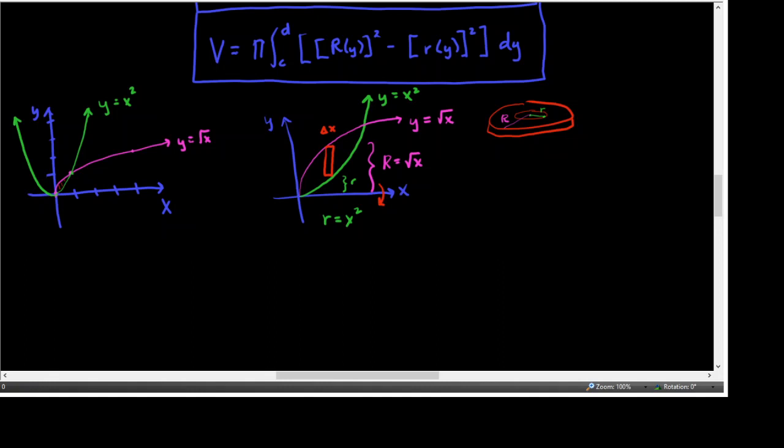Okay, so let's set up our integral, because once you've done all this thinking visually about what's going on, all you have to do is make sure you know the formula, and you can substitute into it quite well. So V will equal pi times the integral from, I didn't find where they intersected. Well, actually I did. When I graphed this over here, I knew that they both went through (0, 0) and (1, 1). But again, if you didn't know that just by having graphed it, you would want to set those